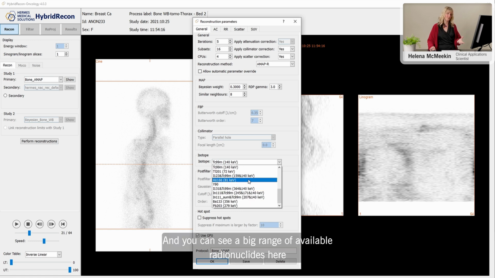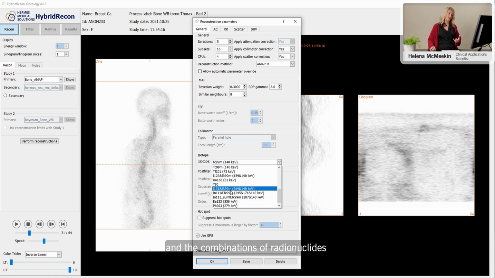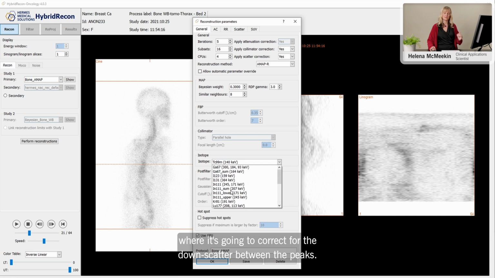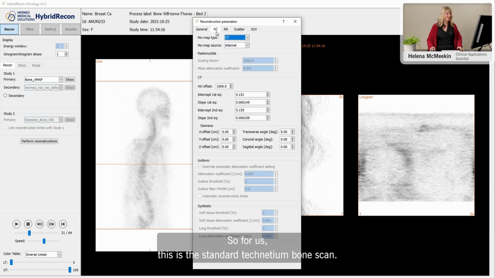And you can see a big range of available radionuclides here and combinations of radionuclides as well that you might scan simultaneously, where it's going to correct for the down scatter between the peaks. So for us, this is the standard technetium bone scan. We're going to use attenuation correction based on the CT. This is an internal CT, which means that we did the CT simultaneously with the SPECT on a SPECT CT